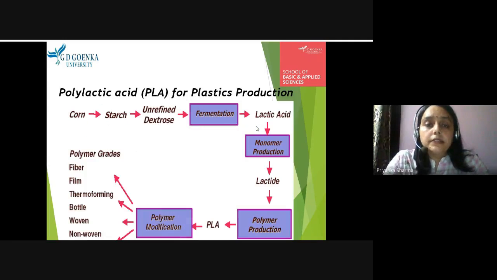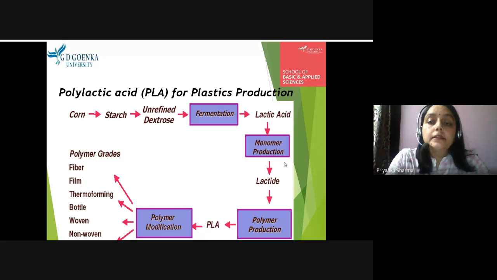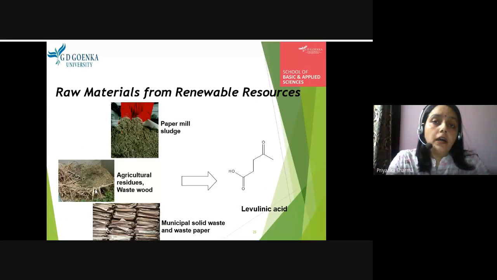One of the commonest examples is PLA, that is polylactic acid, which we use for plastic production, and PLA we synthesize from a natural product, that is starch. So from corn we extract the starch, and on fermentation it converts into lactic acid. This lactic acid, when we do the polymerization, results in the formation of polylactic acid, and this polylactic acid, through various polymeric processes and conversions, is converted into various forms of plastic, like film, thermoforming, bottles, etc. Similarly, we can choose other feedstocks also, like paper mill sludge, which we can use for transformation